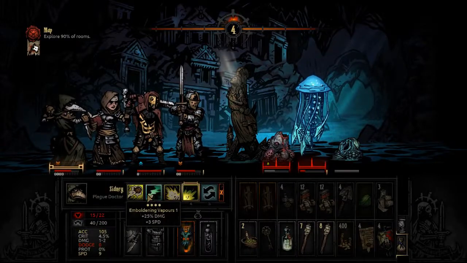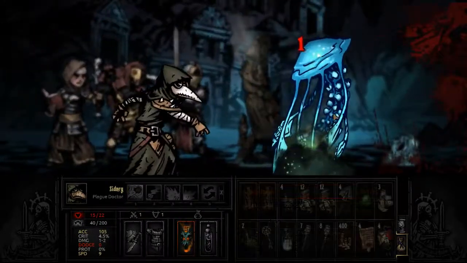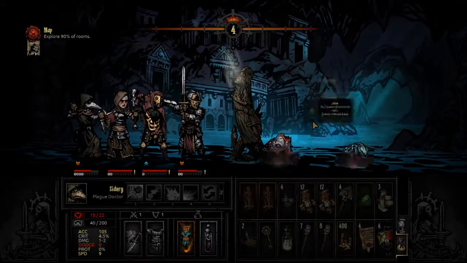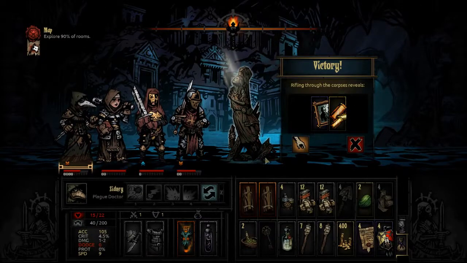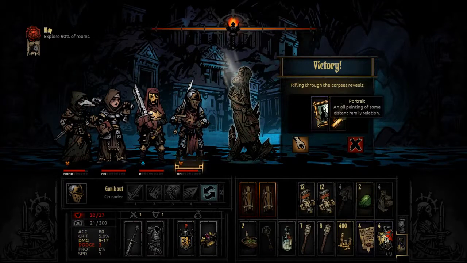And then, finally, we will be using the Noxious Blast once again to get rid of the stinger. There we go. Take all of that if we can. We cannot. Can we eat some food? Of course we can. What do I want to take? The portraits. Yeah,